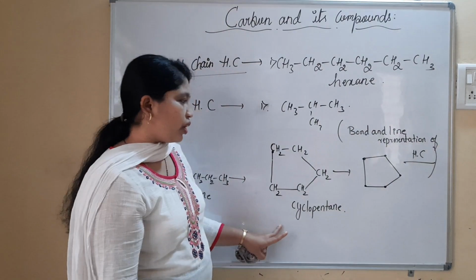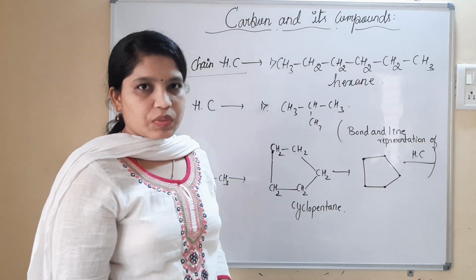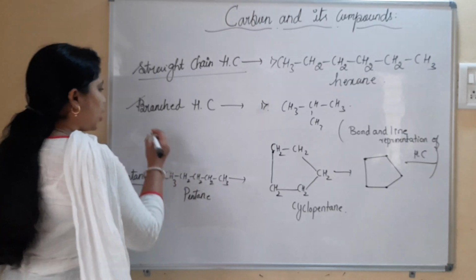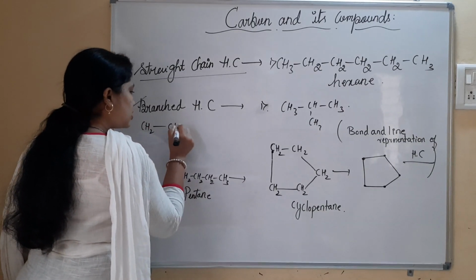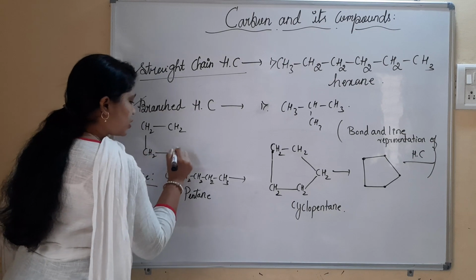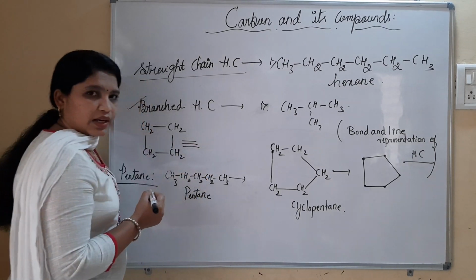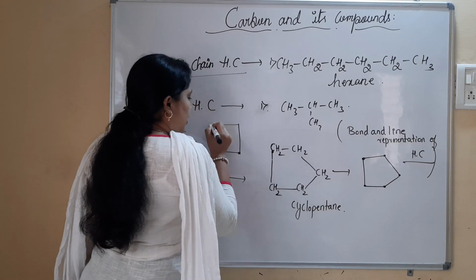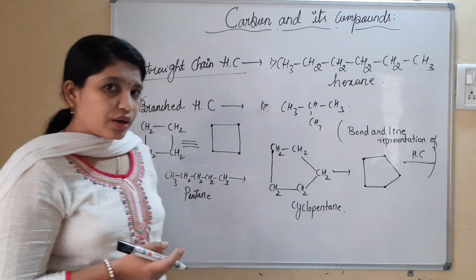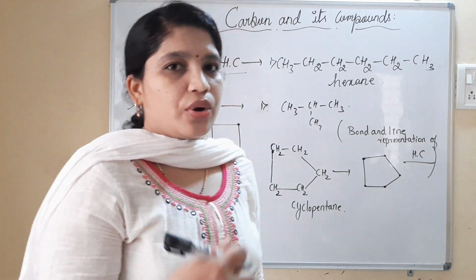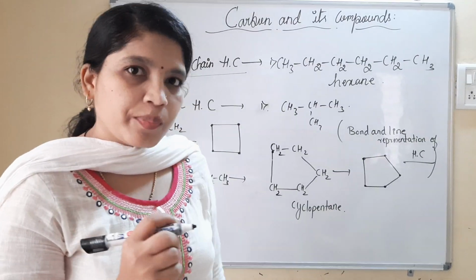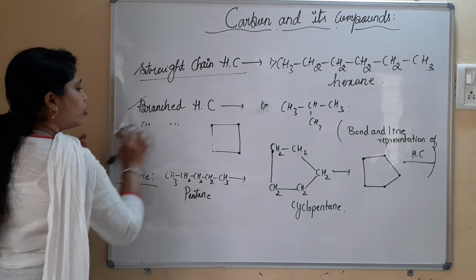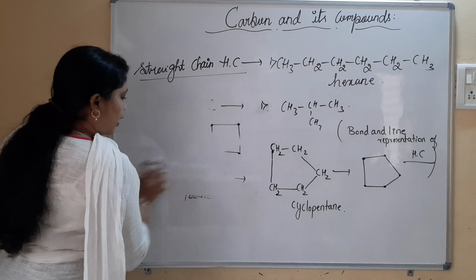Now you just need to understand how the cyclic hydrocarbons can be written. Fine. So now pentane we have done, butane we have done. How have we written the structure for butane? Like this: CH2, CH2, CH2. Yes or no? So this could also be written like this: one square box where there are 4 carbon atoms, and for each carbon atom how many hydrogens? 2, in order to satisfy the valence of the carbon atom. So this is referred to as what? Cyclobutane.